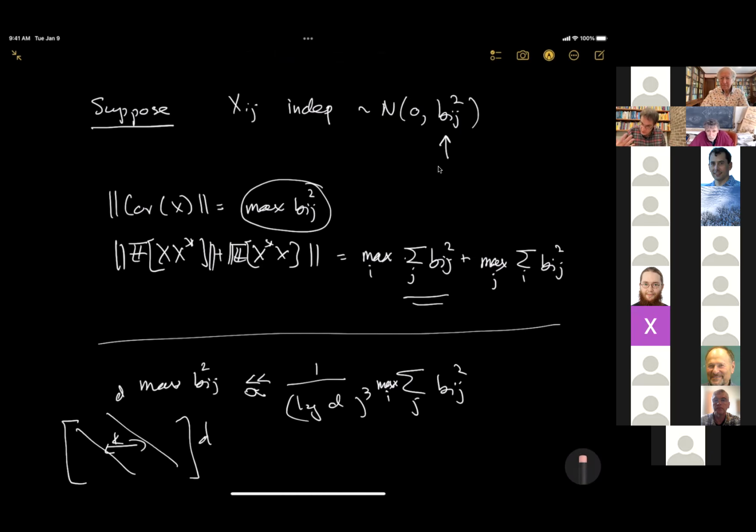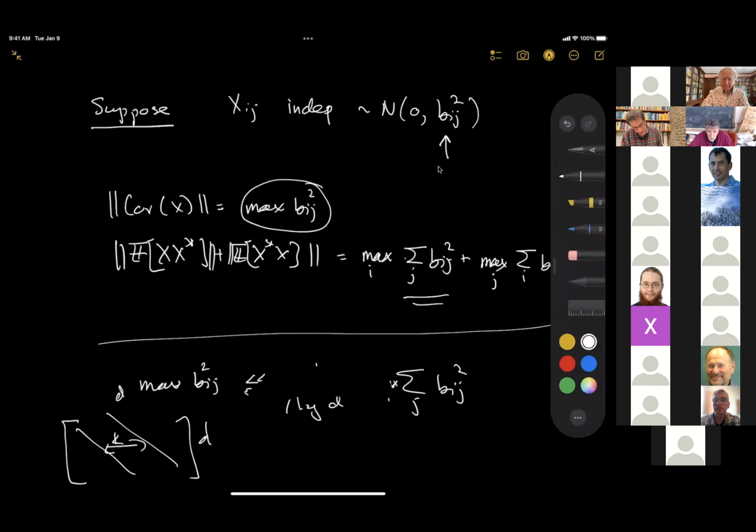So you need logarithmic in D, and that's necessary. If K is much smaller than log D, then it's known that it cannot behave at all like a random matrix. And as soon as K is larger than log D, our theory gives log D cubed. For the independent case, we have a completely different method of proof that gives the sharp log D behavior, but it requires much stronger assumptions. This shows that as soon as K is much larger than log D cubed, our theory kicks in, and this log D is much smaller compared to the dimension. So that gives you some idea of the limitations and the scale at which these phenomena occur.